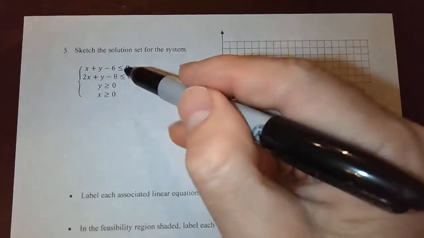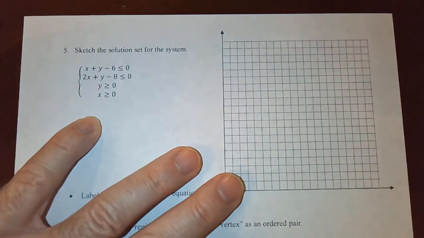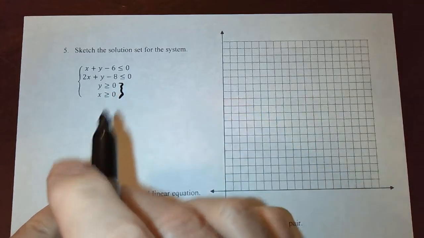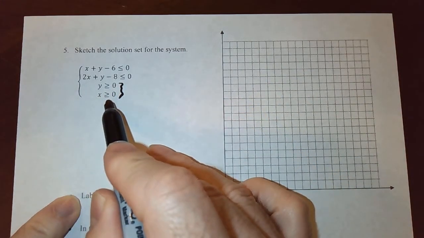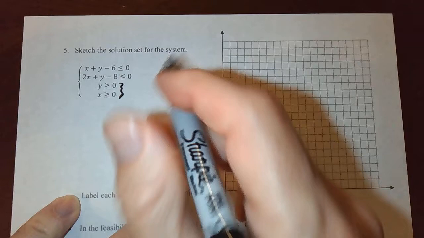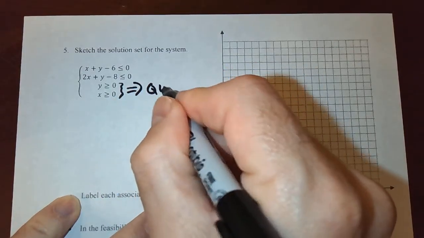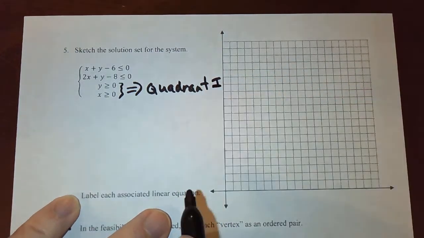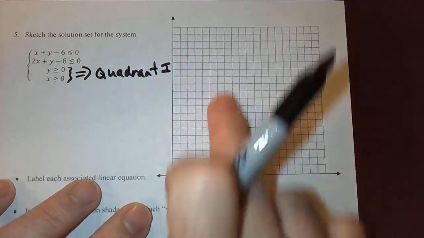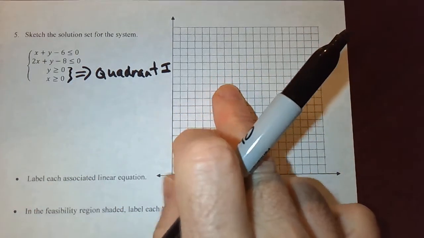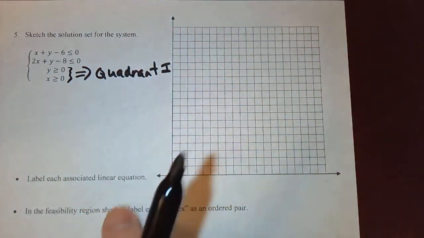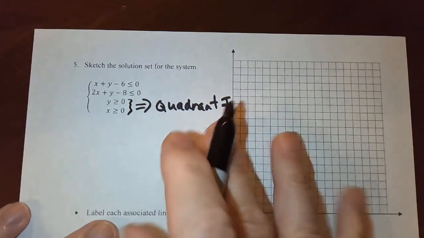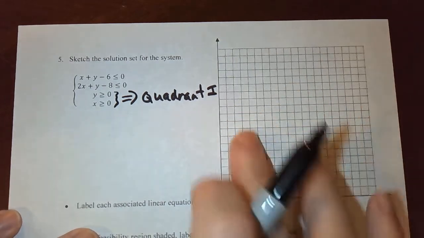In our next example, we have what looks like four linear inequalities, but notice that the last two simply say that x is greater than or equal to 0 and y is greater than or equal to 0. That just means we're only concerned with quadrant number 1. So that's why on this graph, all I've got here is quadrant number 1. We're not going to shade anything in quadrant 2 or 3 or 4. So we really only have two inequalities that we need to deal with, realizing that we'll be in quadrant number